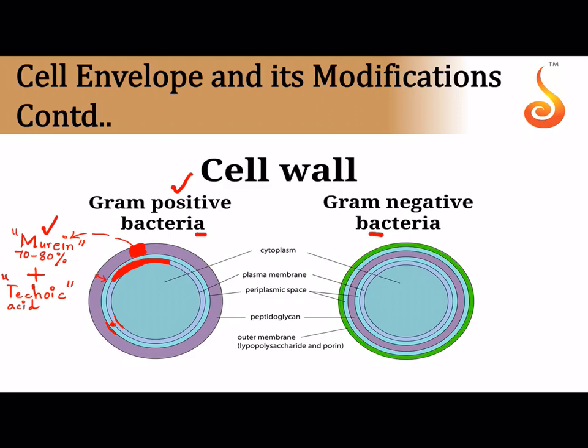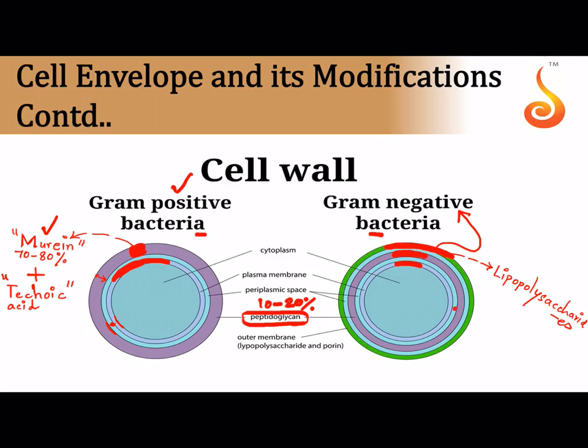But can you see how this middle cell wall layer, which has murein or peptidoglycan, is very thin? It has only about 10 to 20% of murein in it, and it has an additional membrane outer to the cell wall. So the inner layer is the plasma membrane, the middle layer is the cell wall, and outer to that there is an outer membrane as well. If there is an outer membrane, then we call it a gram negative bacteria. Please remember, the outer membrane is rich in lipopolysaccharides, and this outer membrane is a very unique feature of gram-negative bacteria. Now you can see two spaces.